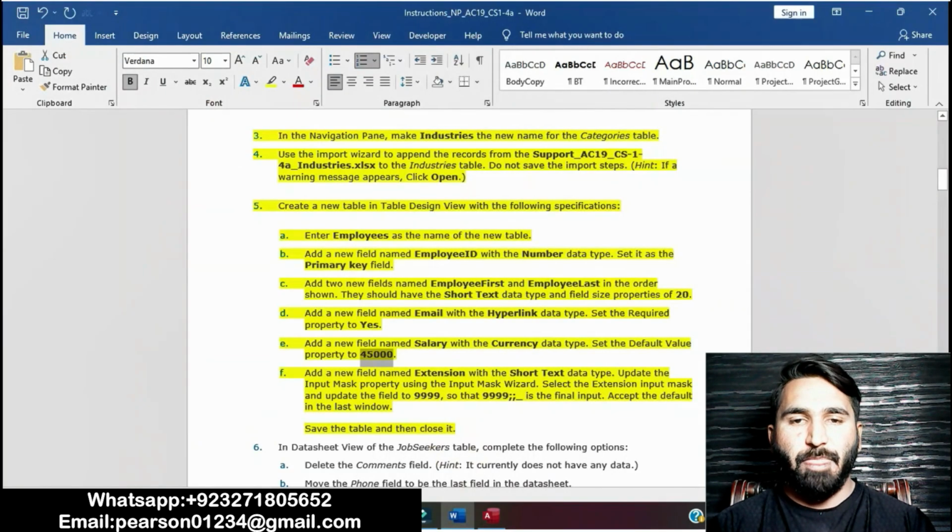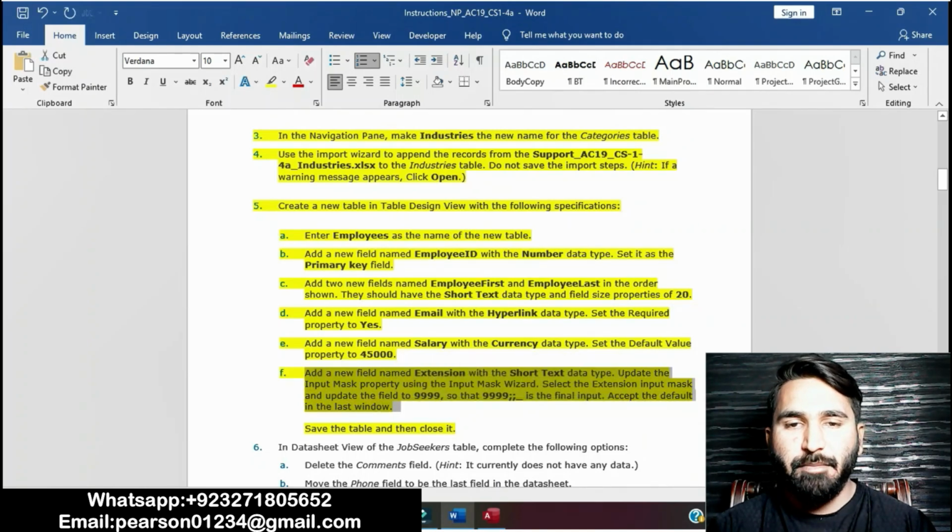Okay. Now moving on to point F: add a new field named extension with the short text data type. Update the input mask property using the input mask with slash extension, and update the field 1999.